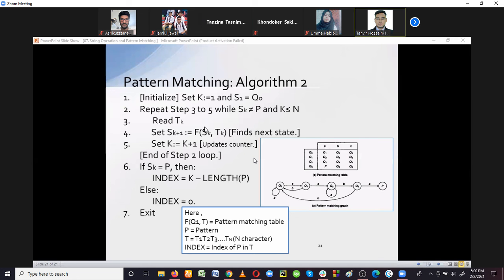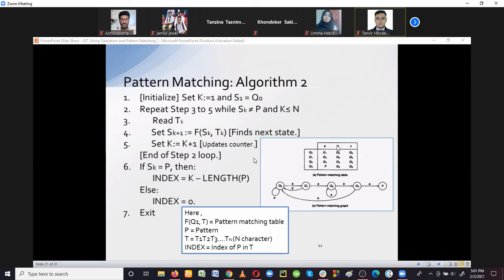What are we doing here? We are just comparing the value of current state with the value of text, right? Why are we doing it? For deciding which one should be our next state. So if sk equals to q0, if it is our current state, it doesn't have any element, right? So after reading a character from text, if it is A, now the state Q0 will move forward to the next state, that is Q1.